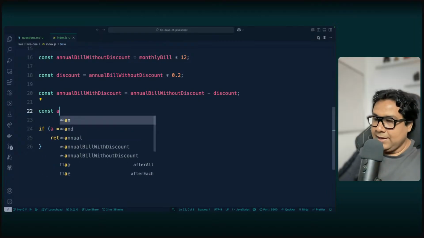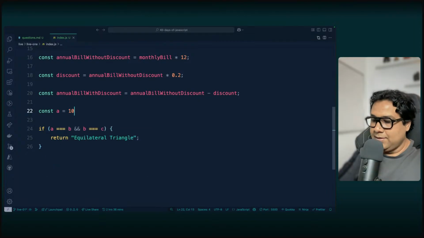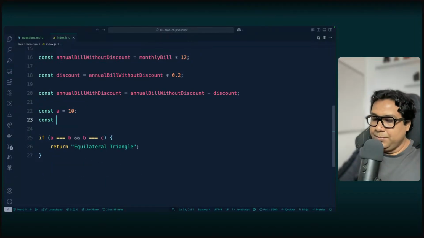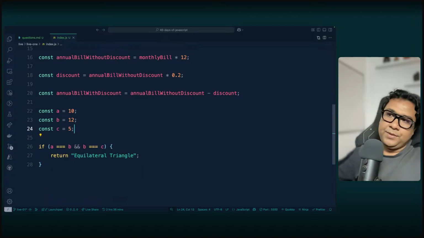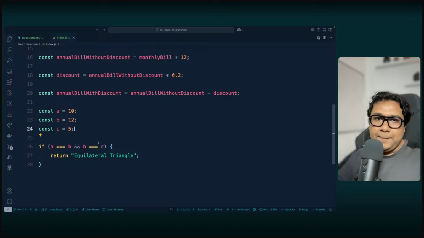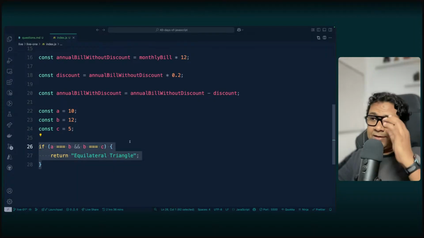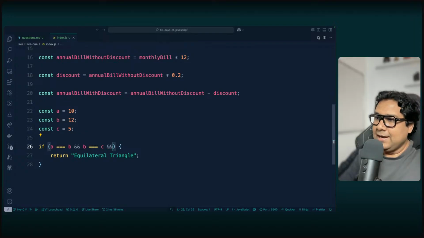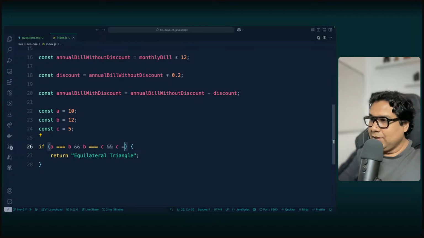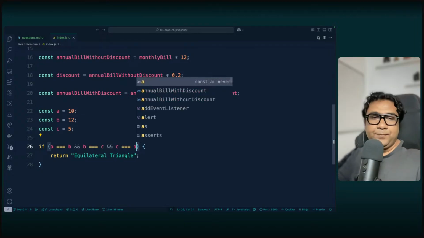Const A equals 10, const B equals 12, const C equals 5. Okay, so I have A, B and C. Do you think this particular logic is going to give me the equilateral triangle, or do I still have to check C equals to A? Is it required? So when you're building the logic,